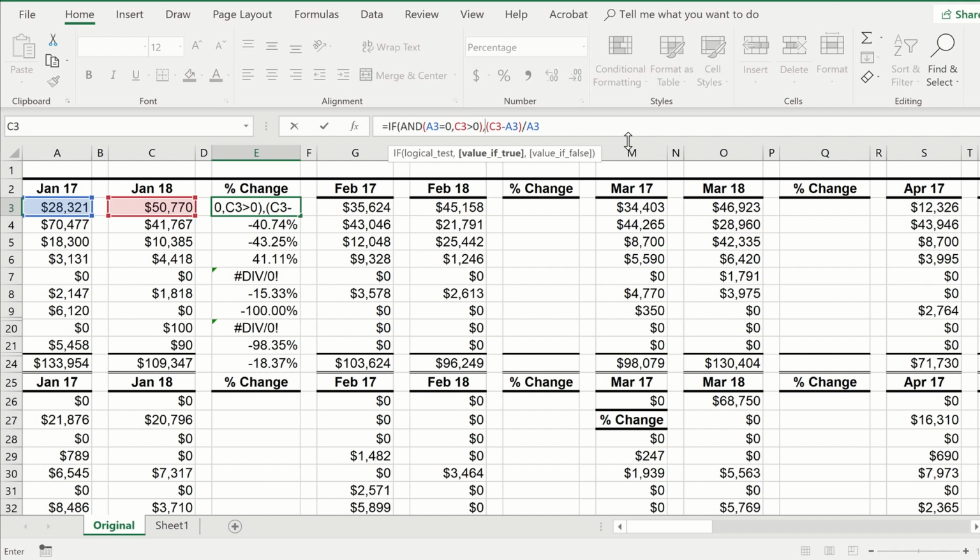So value if, so if both of these occur, then I want to display 100%, because that would be going from 0 to some value. We want it to equal 100%. So I'm going to put a comma here, and if this is false, so otherwise, I'm just going to do my normal calculation. And I believe all I have to do is